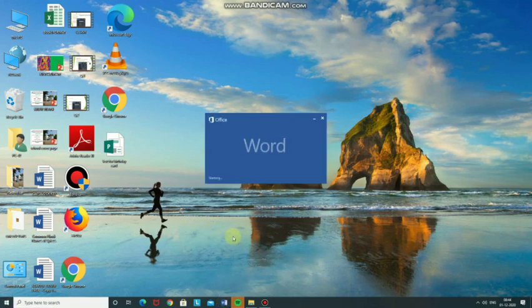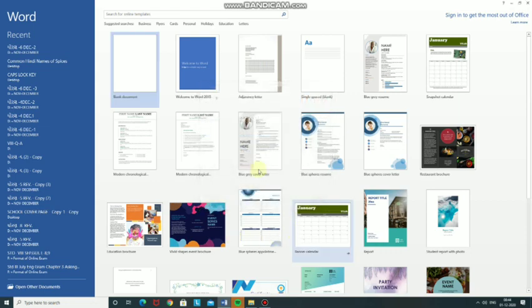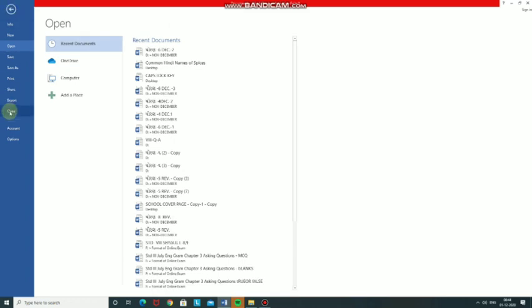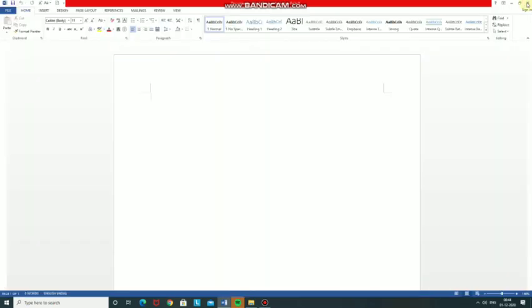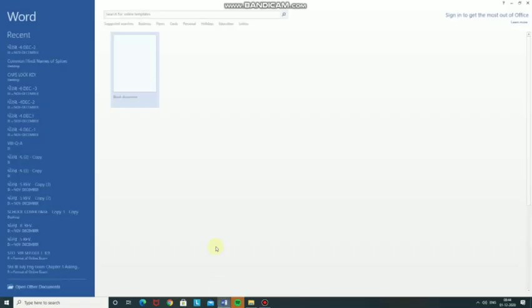Then closing a document. Click on File menu and click on Close option, or you can click from here. Then changing the font size and color.